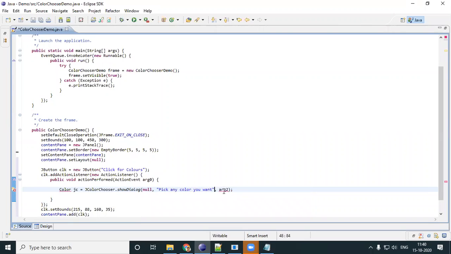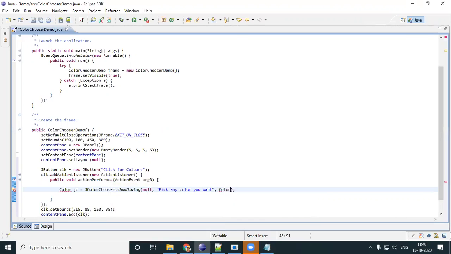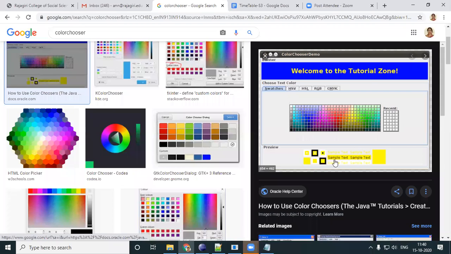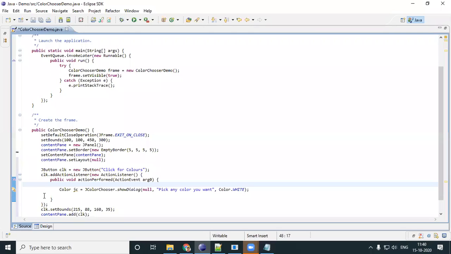And the third argument will be the default color. So I'll give a default color white, Color dot white. So I've made a color chooser window with a particular heading text and with a default color.